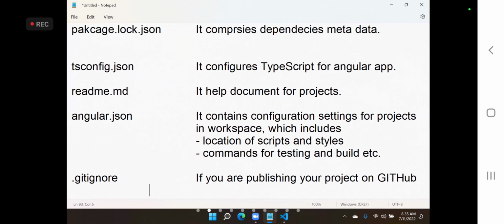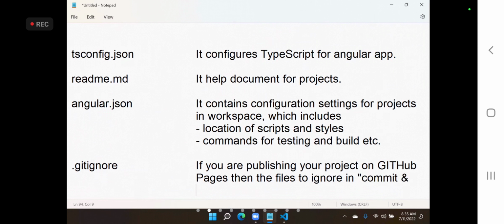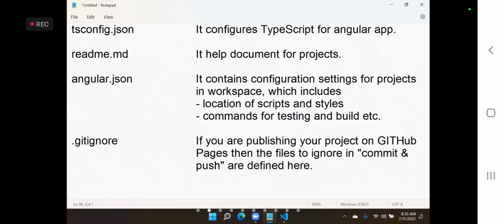If you are collaborating or publishing your project on GitHub Pages, then the files to ignore in commit and push are defined here. We have to do that here.